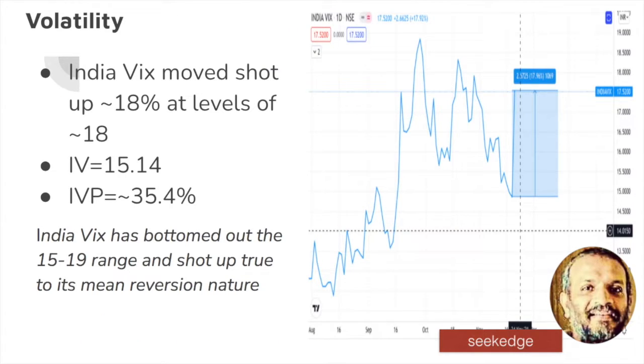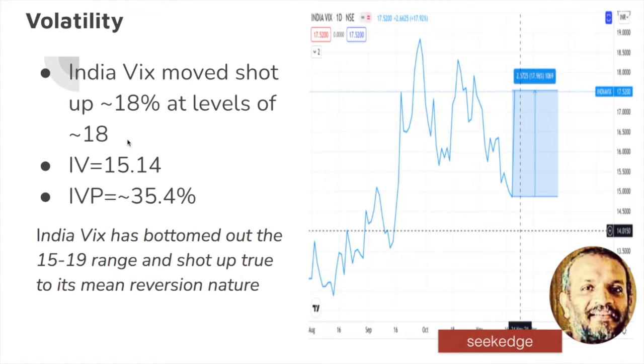Volatility is in the range of 19 and then 15, and it has bottomed out, slipping slightly below 15 the previous day, taking about an 18% fall in the VIX as the market fell. That's what happened today. So it's another confirmation that the range is between 15 and 20. That's the kind of range that is going to happen, right? So volatility would be in this range. Now it may dip, but it's going to happen within this range.